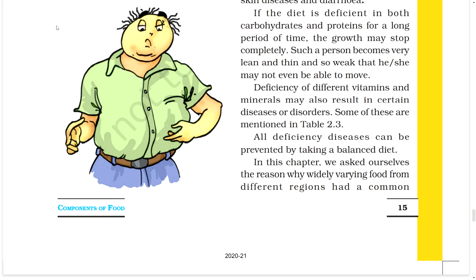Deficiency of different vitamins and minerals may also result in certain diseases or disorders. Some of these are mentioned in the table. All deficiency diseases can be prevented by taking a balanced diet. In this chapter, we asked ourselves the reason why widely varying food from different regions had a common